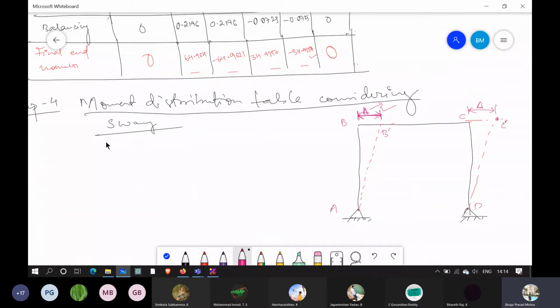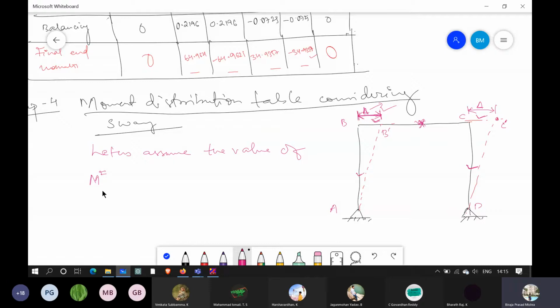So I've changed the ink. So let us assume the value of MFAB. Whatever this displacement or deformation is there, this has occurred due to this member AB and CD. This member BC doesn't have any role in this deformation.